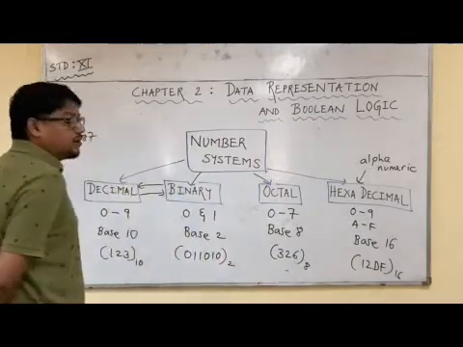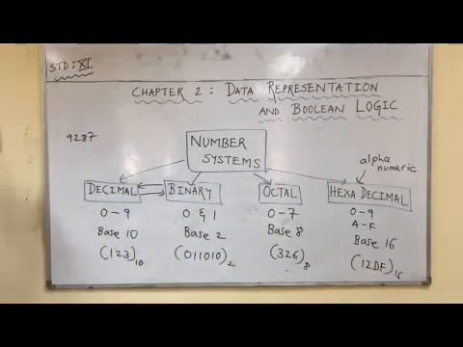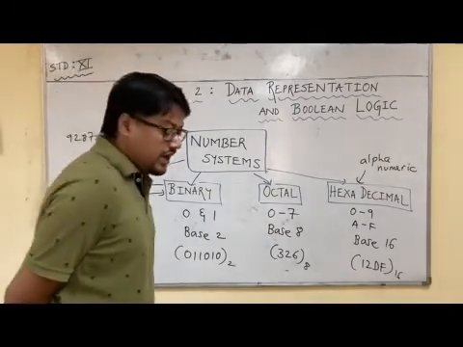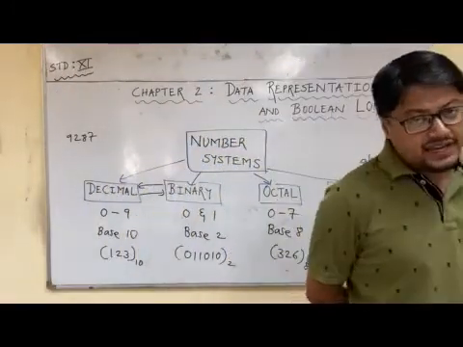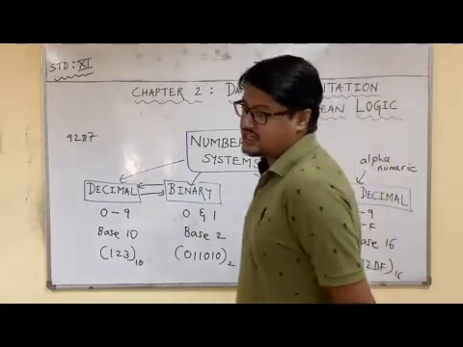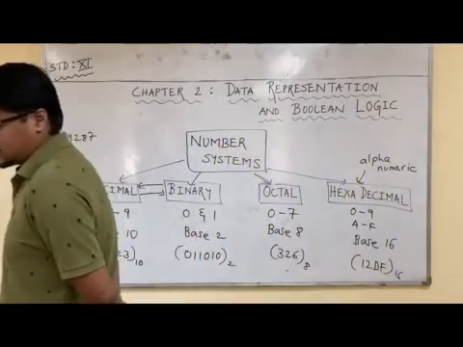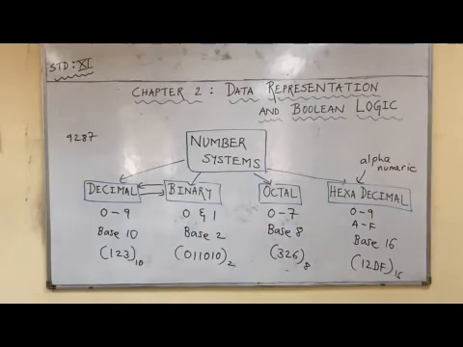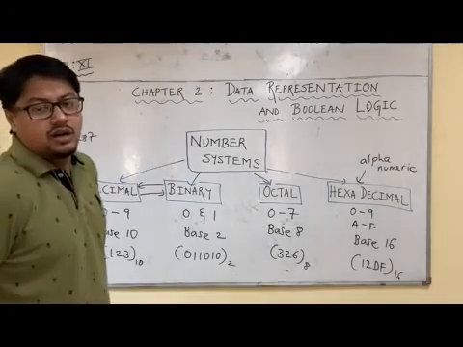Third, we are discussing the octal number system. Octal number system allows the digits from 0 to 7. So how many digits are allowed? 8. So it has the base 8. And hexadecimal, also referred to as alphanumeric number system, allows digits 0 to 9, and allows characters A to F. So it has the base 16 because a total of 16 numbers or characters are allowed. So these are the number systems. You can pause the video and see all the things for a better understanding.